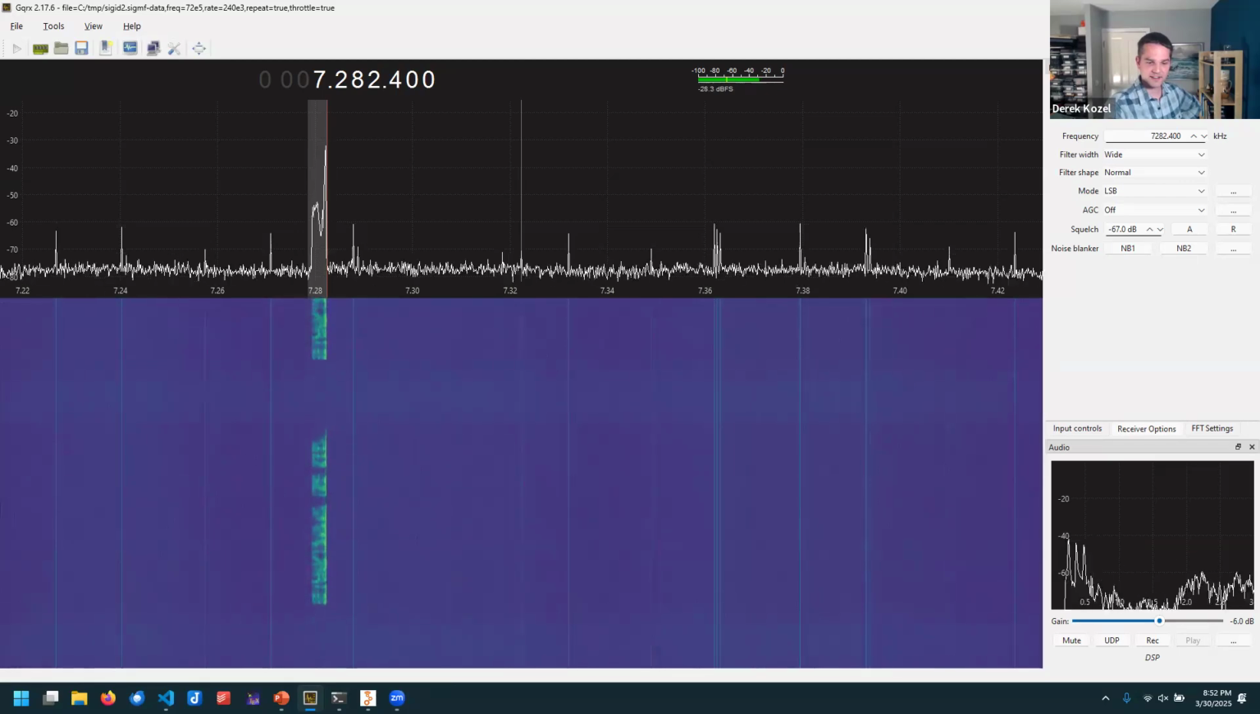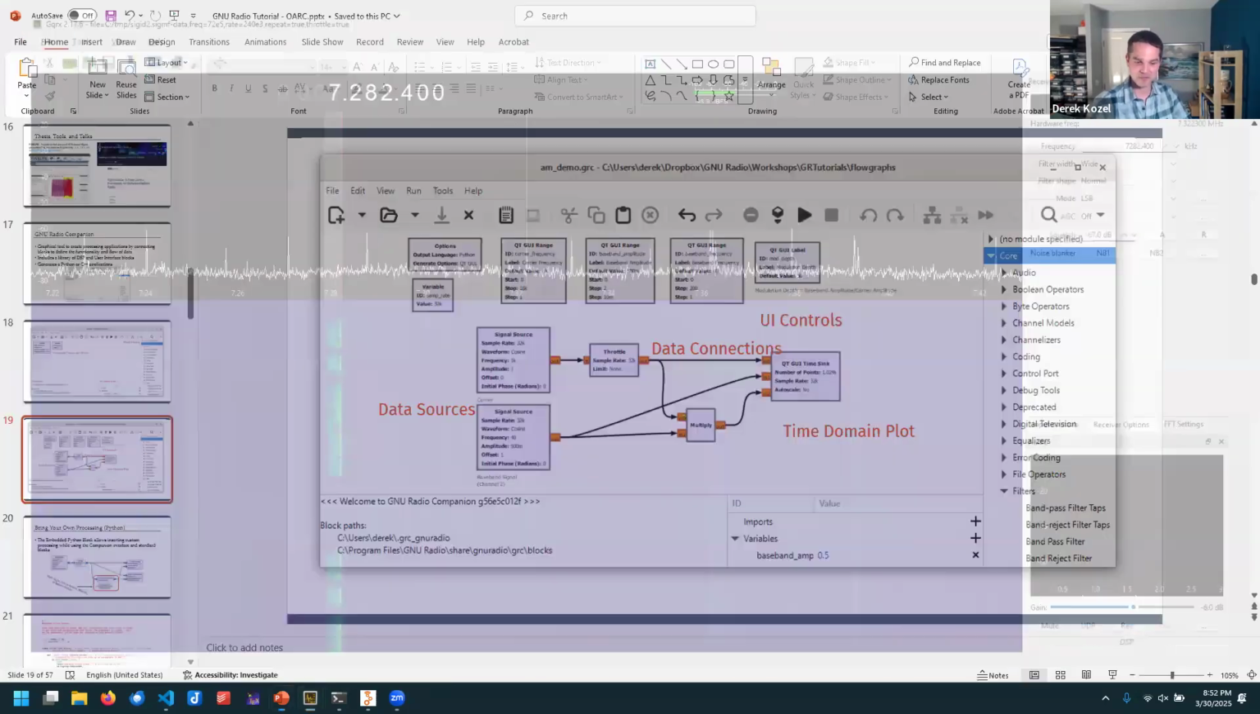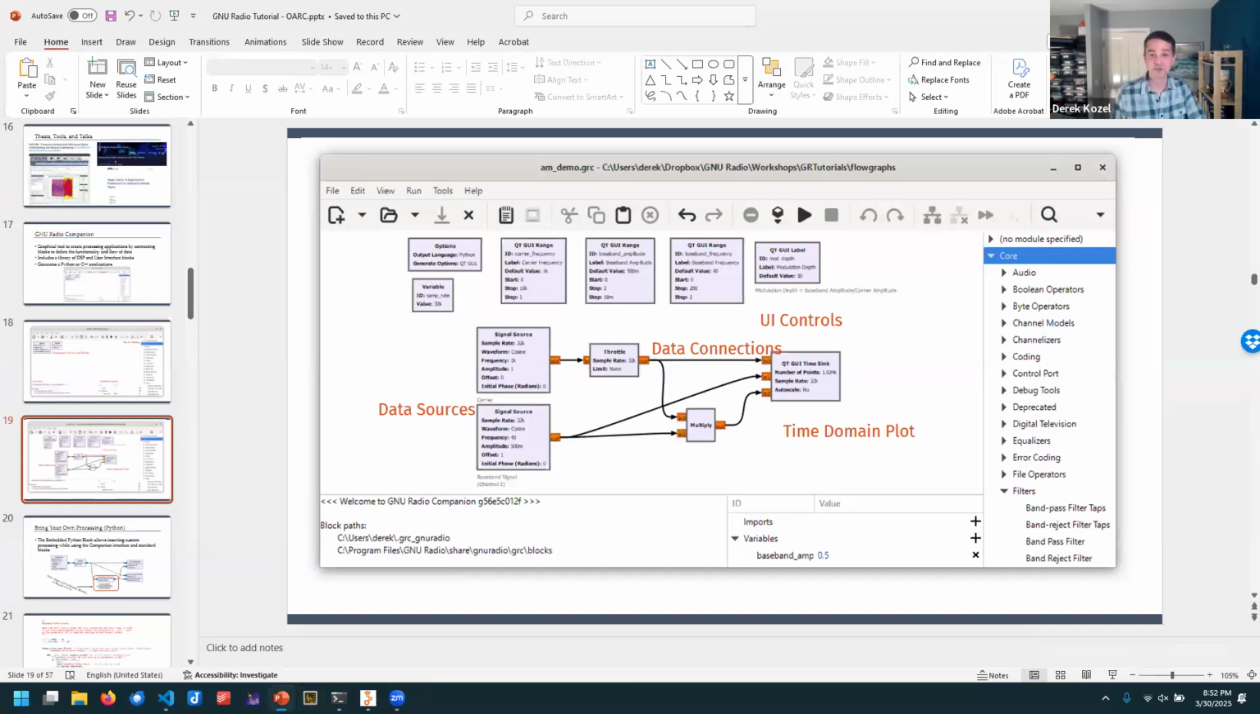So this is what a very complicated flow graph can look like with a bit of extra custom code to give you the user interface that's really tightly combined like that. So the next piece